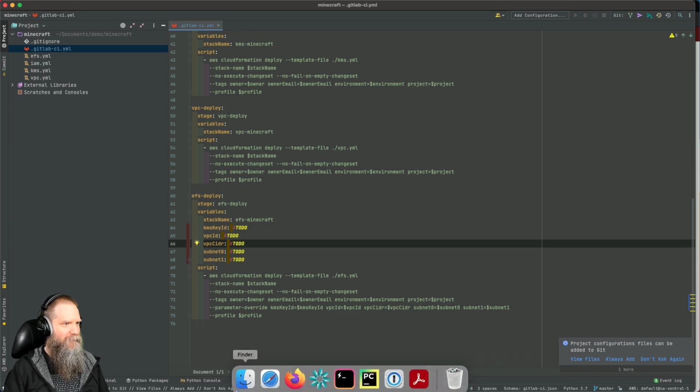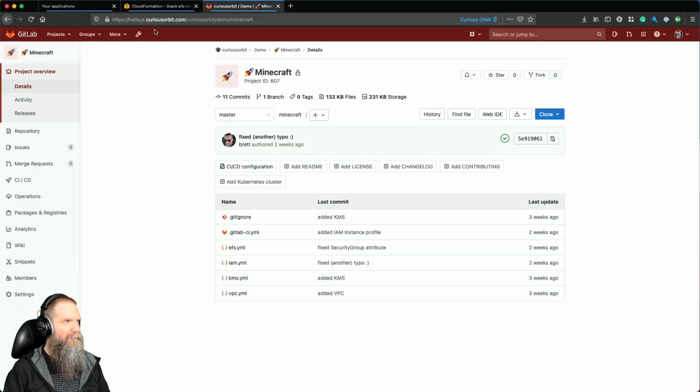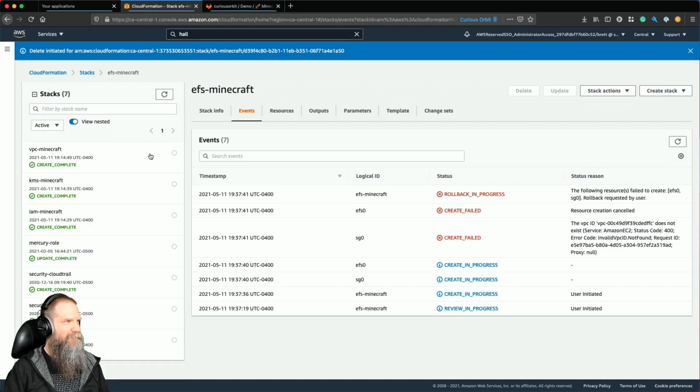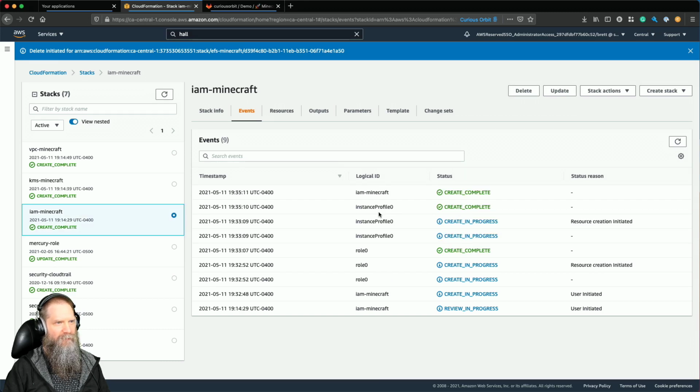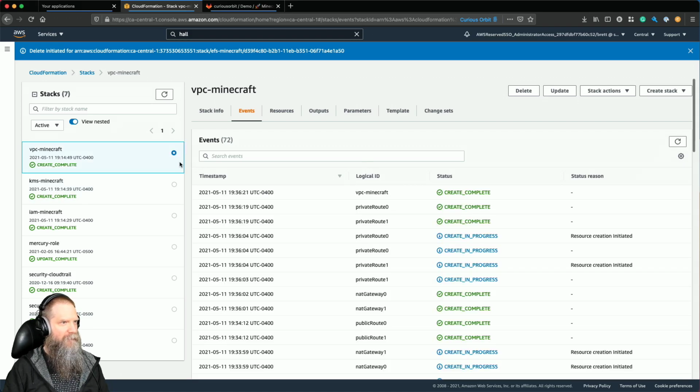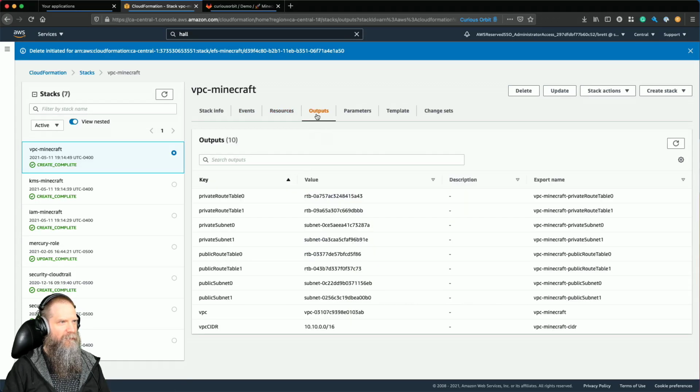So what I did, let's go over here, and we've got some of this rebuilt. If you remember, we created some IAM resources for Minecraft, primarily an instance profile for the EC2 instance. We created a CMK, so encrypting everything that we want to protect. So we've got that done, and then we created our VPC. Okay, so we've got some various outputs here,